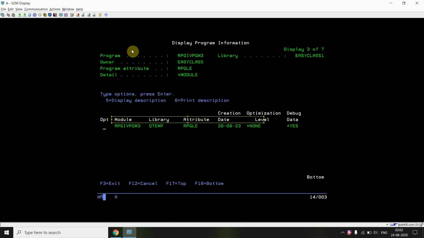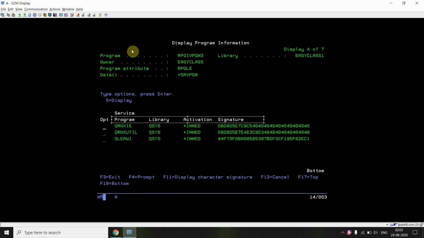So in this case, you cannot use that module object anywhere else. In the case of an ILE RPG program which is not OPM compatible, you can use those module objects with any other program or any other service program if required. But here you cannot use the module object anywhere else. It will be bound to this program only, and will be deleted after your program has been compiled successfully. So this is the main difference between them.